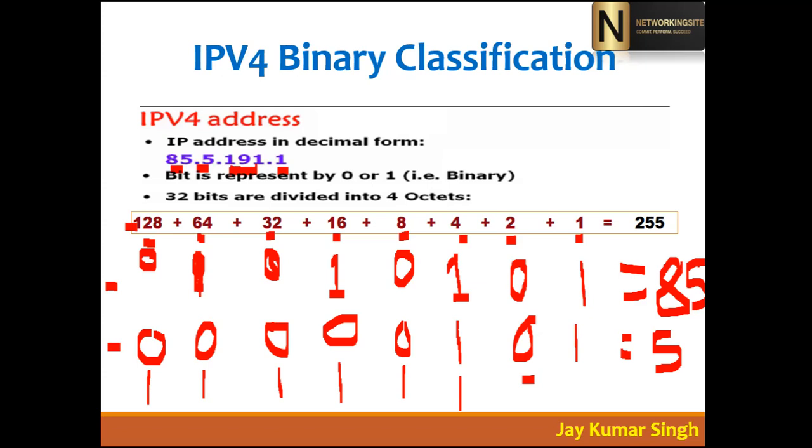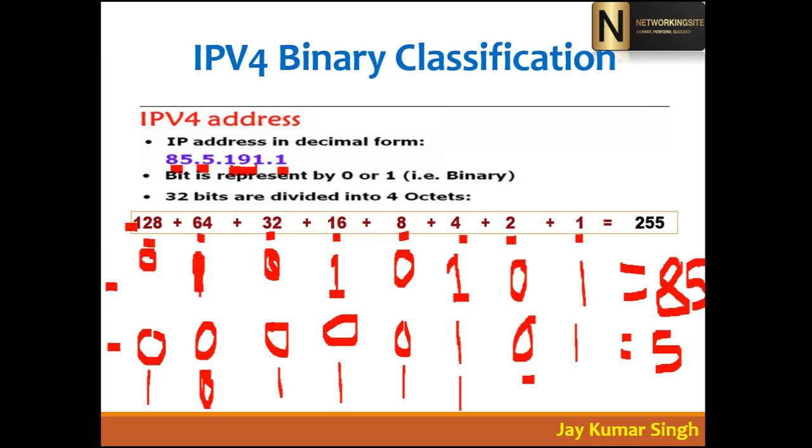So I have to take 128 plus 64. If I'm taking 128 plus 64, then it is 192. I have to take another part, not 64, because I have to calculate 191, not 192. So the first one is 128, the second will be 0. Why? Because 64 is not matching, because it will be a higher number than what we are looking for.